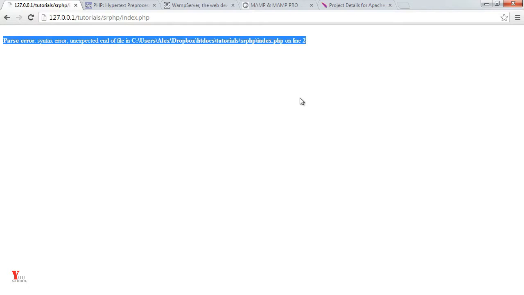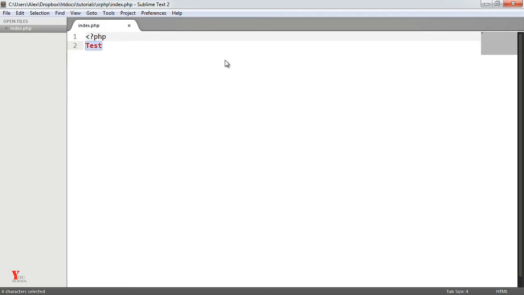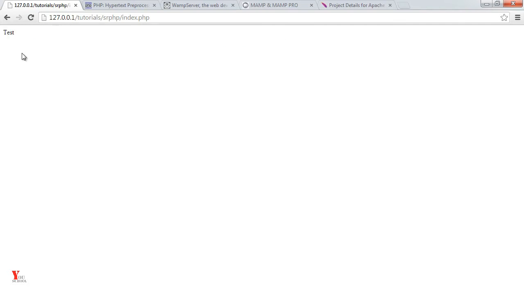Now this error is PHP actually trying to interpret this file and erroring because this is not valid PHP syntax. So let's go ahead and create an example here, and we'll see how we can output something. We do this using echo. What we're now saying to PHP is, please output what I'm about to tell you as content type, text, HTML or whatever. So now I can say test, and what that will do is simply output test